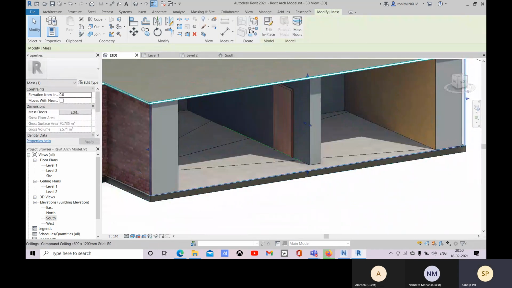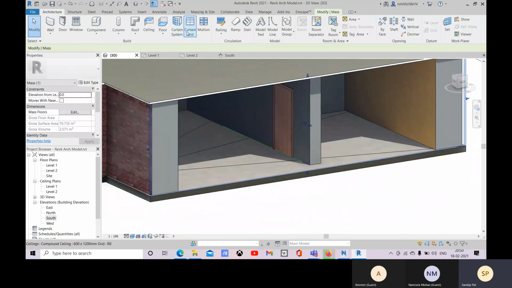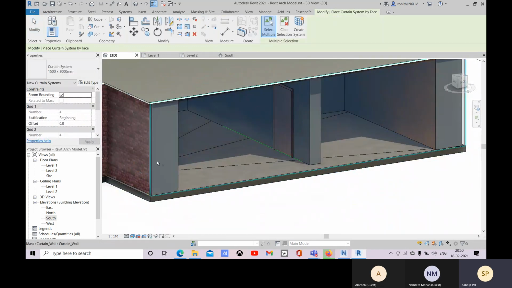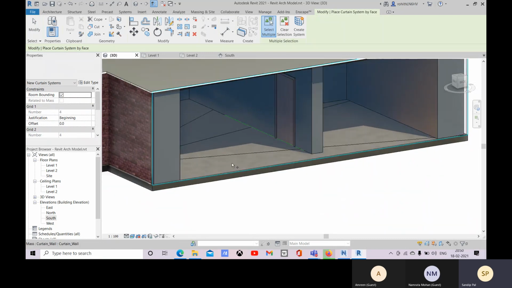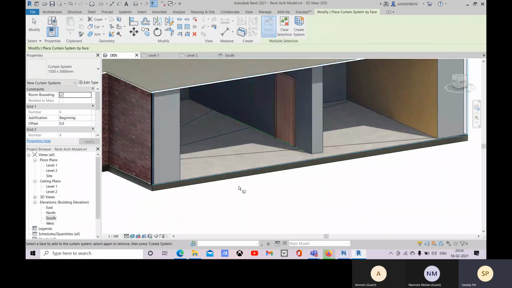And now after this you can go with this curtain system. So this curtain system will be applied on this mask. You choose this, and there you create system. So before going to this create system, you apply these changes.